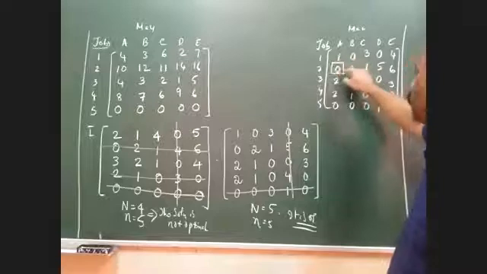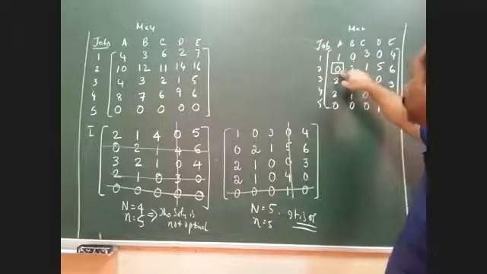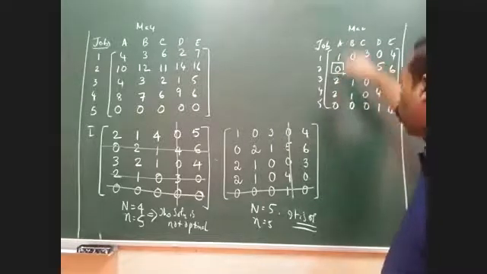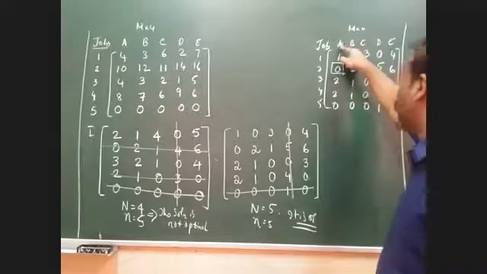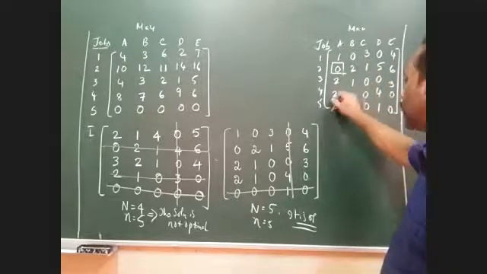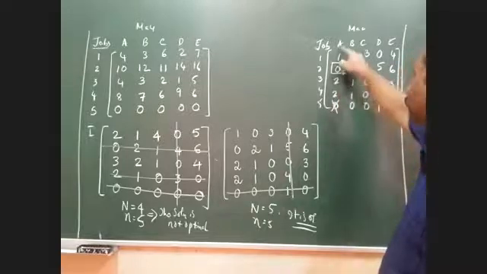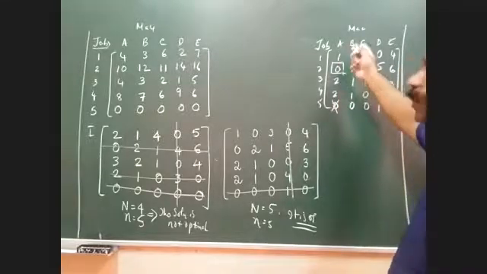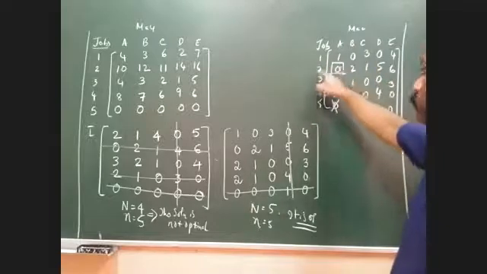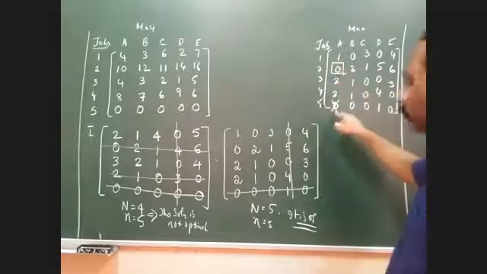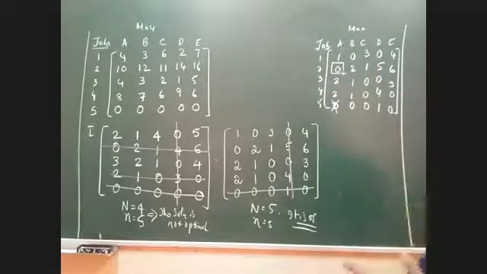I've told you, whenever you are selecting any 0, then you should see if there are any zeros in that particular column. You can see in column A, there is one more 0 here, which has to be blocked, indicating that now machine A cannot be given to any other person. Only one person should be aligned with this job. That's an indication of blocking the other zeros in that particular column. Now, do we have any single zeros in the question? Are there any single zeros in the problem? No, sir.